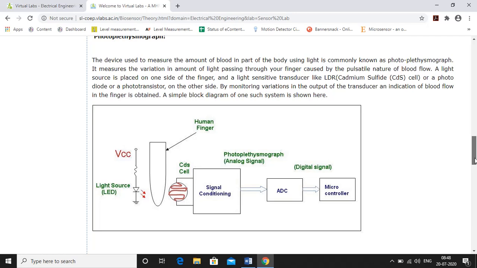It measures the variation in the amount of light passing through your finger caused by the pulsatile nature of blood flow. A light source is placed on one side of the finger, and a light sensitive transducer like an LDR, which may be a cadmium sulfide cell, or a photodiode or phototransistor, on the other side. By monitoring variation in the output of the transducer, an indication of blood flow in the finger is obtained.